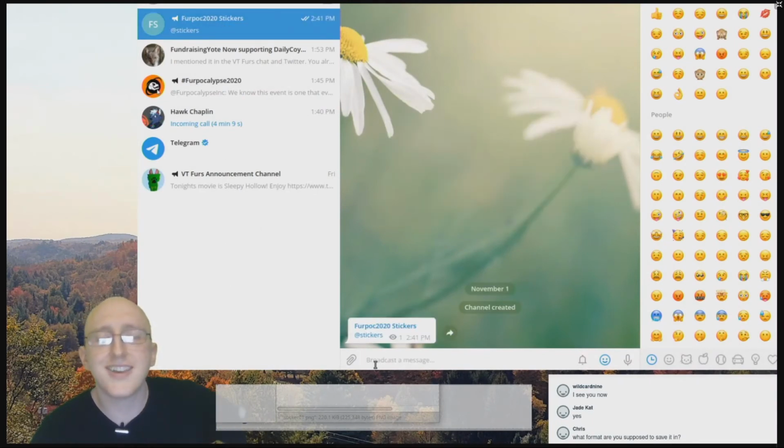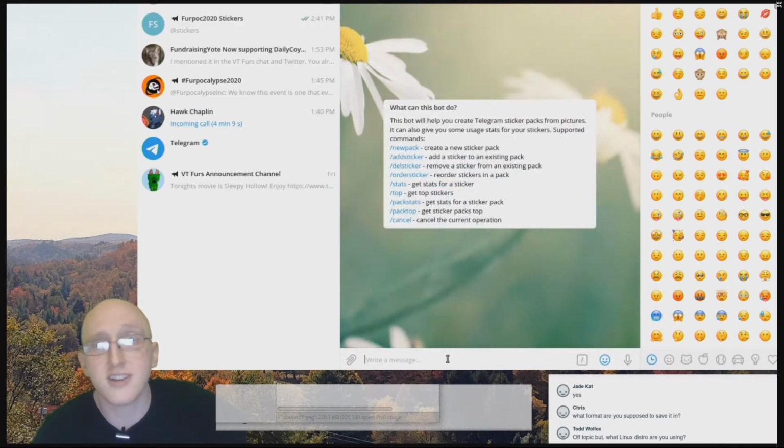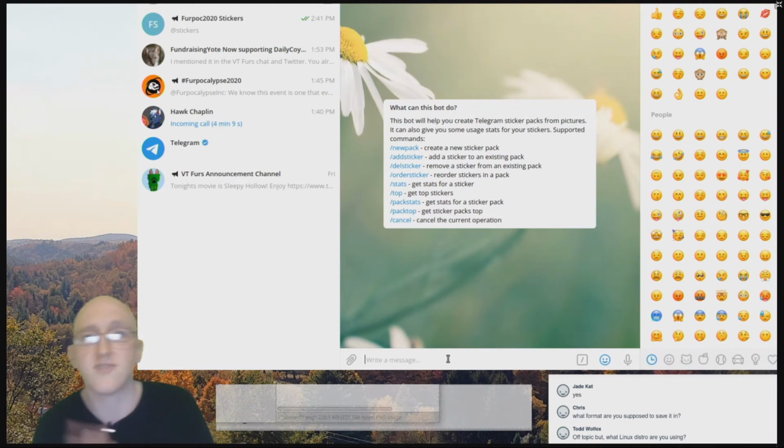If you type in at stickers anywhere in Telegram, then click on it. I'm using Ubuntu Linux, Todd. Good question. I like the XFCE desktop environment. So it's a variant of Ubuntu with XFCE. Anyway,